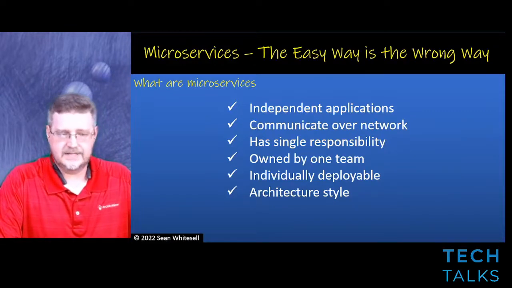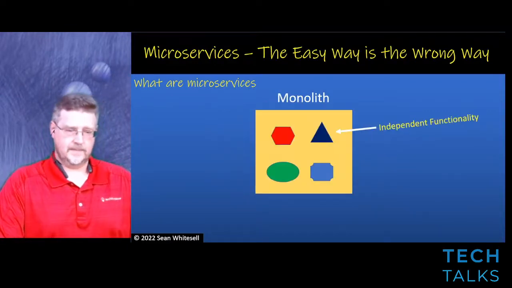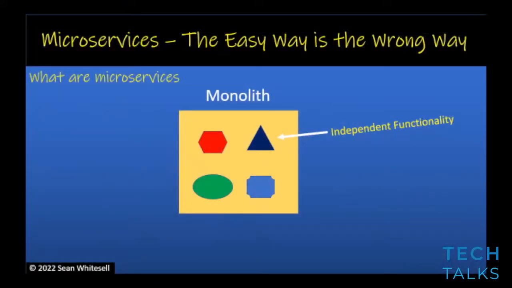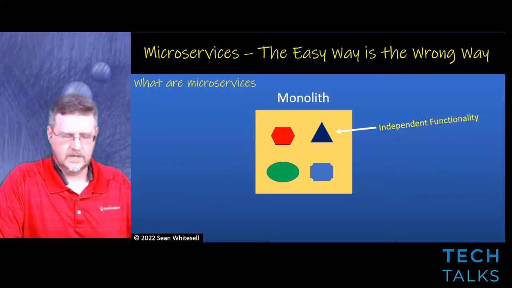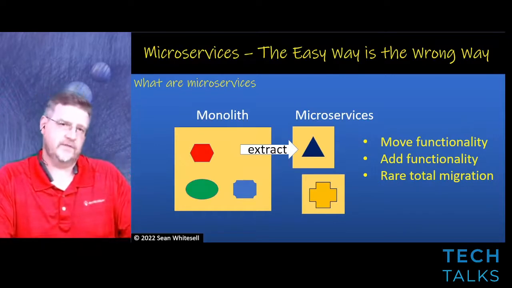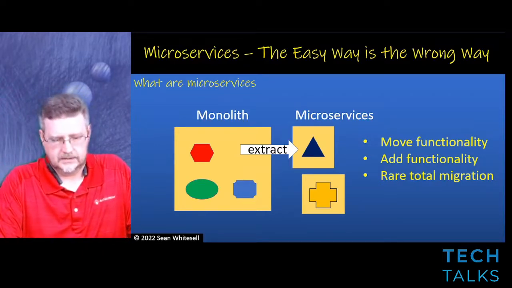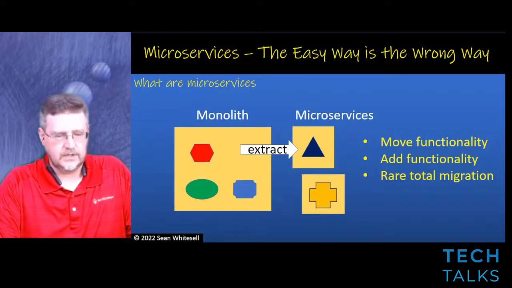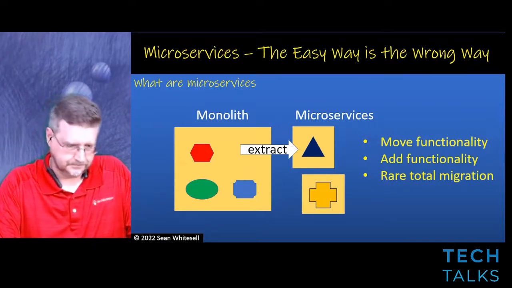So generally what you see with your monolith is a collection of functionality all grouped together in a single deployable unit of code, be it multiple files, etc. It's just a collection of multiple business functionality all in one. Generally, we build out microservices when it's time to move some of that functionality out of that monolith, or if we're going to add new functionality. And rarely will you do a total migration. Now, that has been done. We'll discuss that in a bit, but rarely do you have the need for doing a total migration.